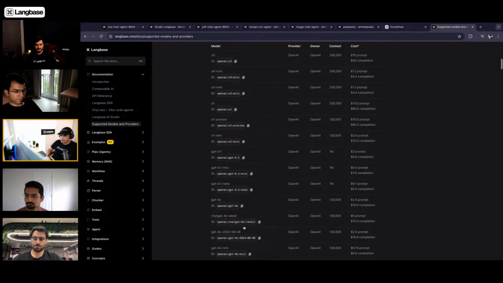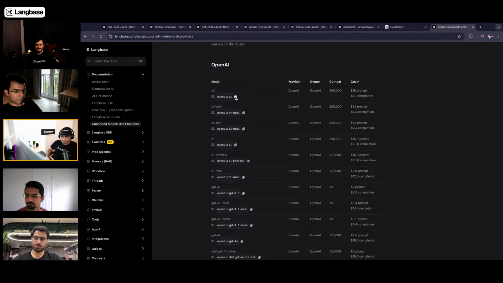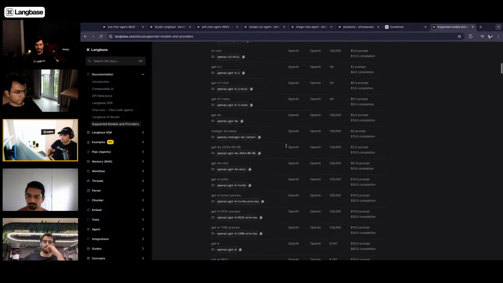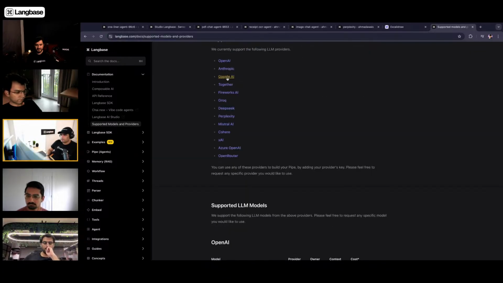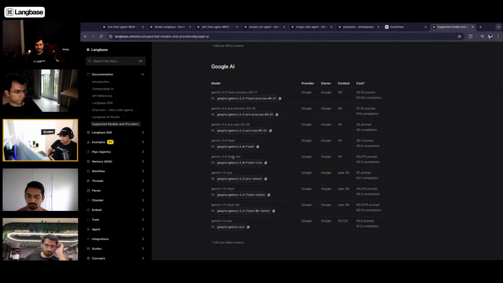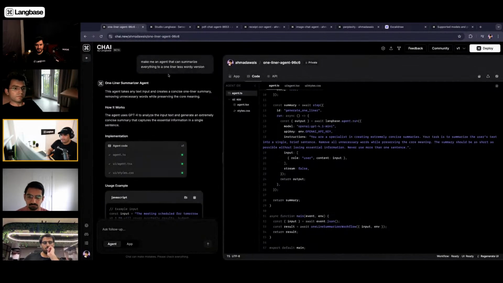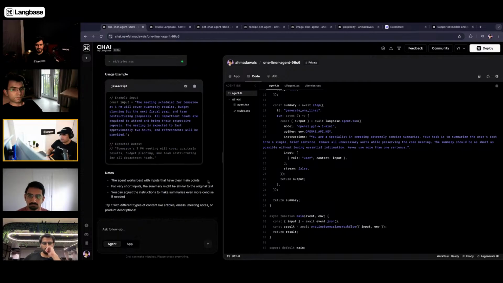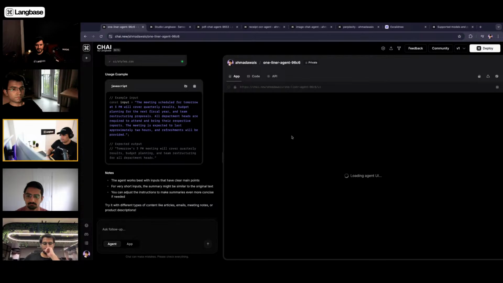Like we could probably move to O3 if you want to have a really, really good, well thought out summary, if that is the kind of use case you have. Or you could move to something like, I don't know, let's go with Gemini, and we have a bunch of Gemini models here as well. Since Chai is building this for you, you can just ask Chai to do this for you as well, right? So let's turn this into something else. Let's turn it to, I don't know,